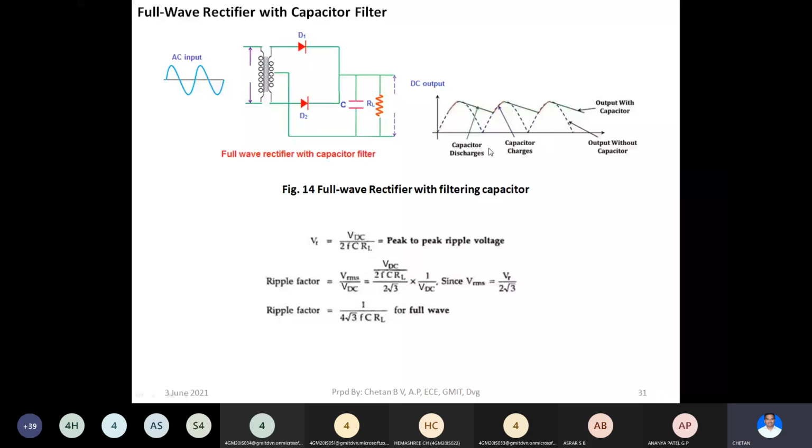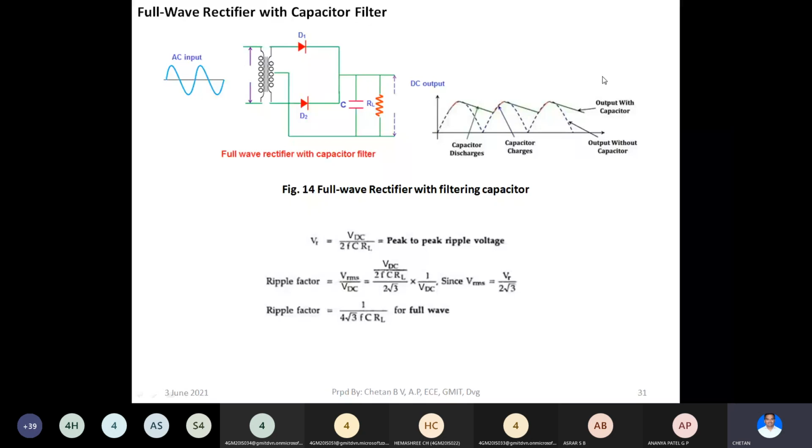So here during the first half cycle, D1 would be conducting. Therefore, current flows through this capacitor, or this capacitor charges through D1 during the first half cycle. During the second half cycle, as usual, D1 will be reverse biased and D2 would be forward biased. So whenever the voltage of this capacitor reaches this point, and the input voltage or the secondary voltage is greater than the voltage across the capacitor, then through D2 the capacitor will start charging, right? So this is the small red line portion which indicates that the capacitor is charging through D2 during the second cycle.